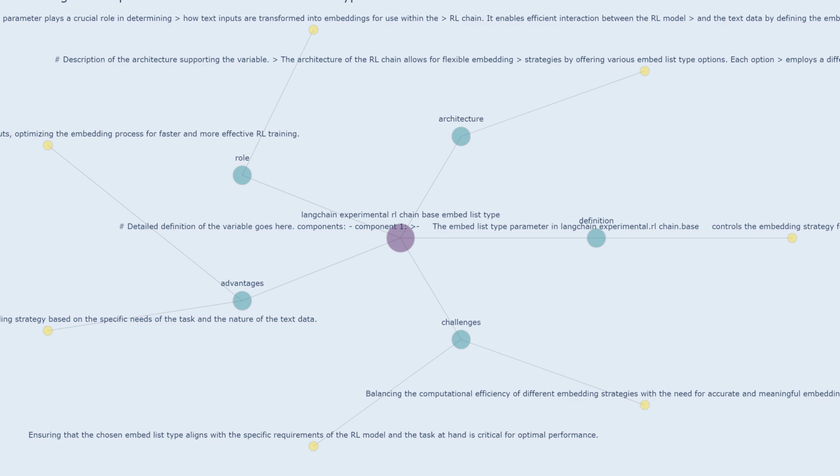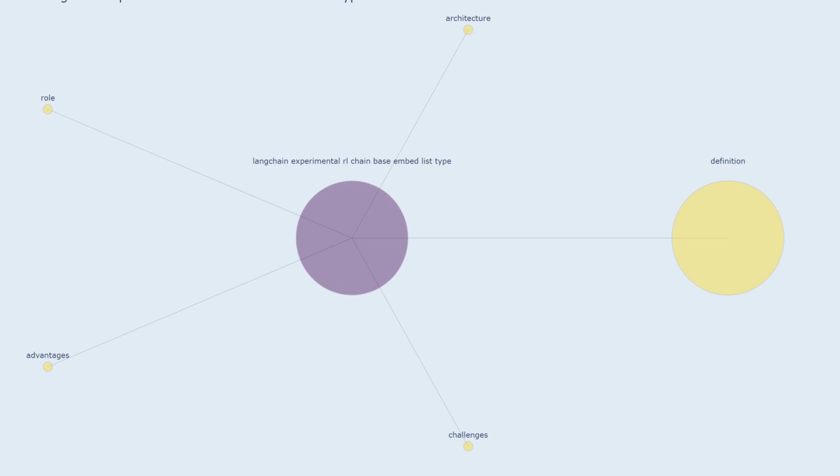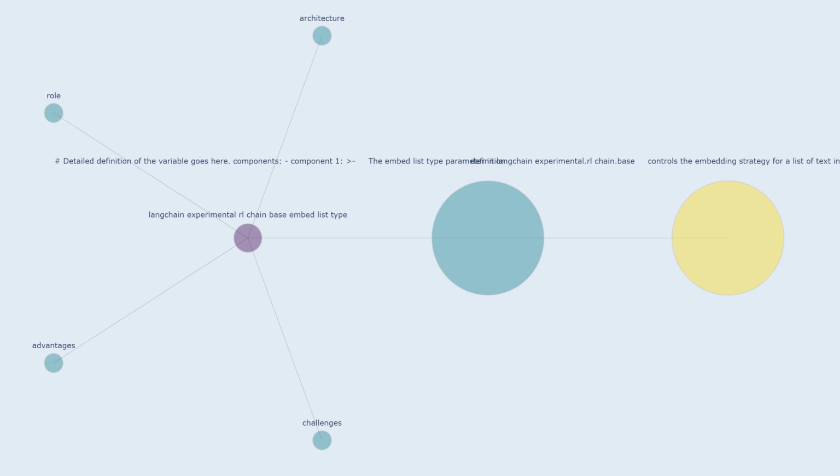Langchain experimental RL chain base embed list type. Detailed definition of the variable. Detailed definition of the variable goes here. Components. Component 1. The embed list type parameter in langchain experimental RL chain base controls the embedding strategy for a